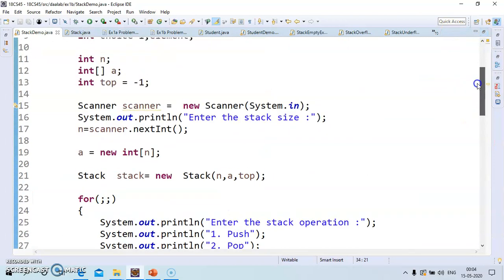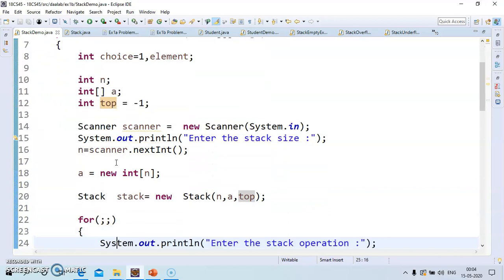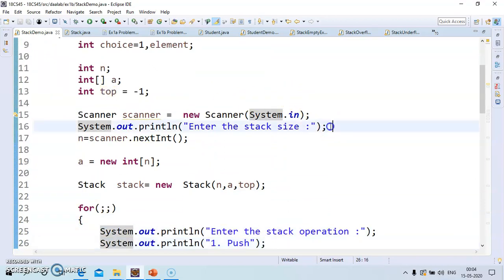So this is the main method we are writing. In stackdemo.java, we have a main method, and a choice, that is, we take the choice from the user, and then the element. So integer n, array a, and top is initialized to -1 initially, and take a scanner. First take the size of the stack, then create an array of that many elements, and then create an object of Stack, passing 3 parameters, that is n, a and top.